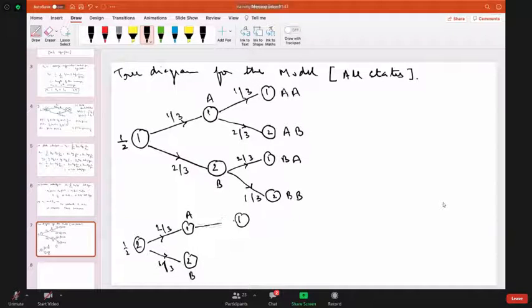You can again go to 1. And here the transition probability will be 1 by 3, and the symbol emitted will be AB. Then you can come from here and you can go to 2. And now the transition will be A by, and then you will come to 2 by 3. And then from here also, you can go to 1.